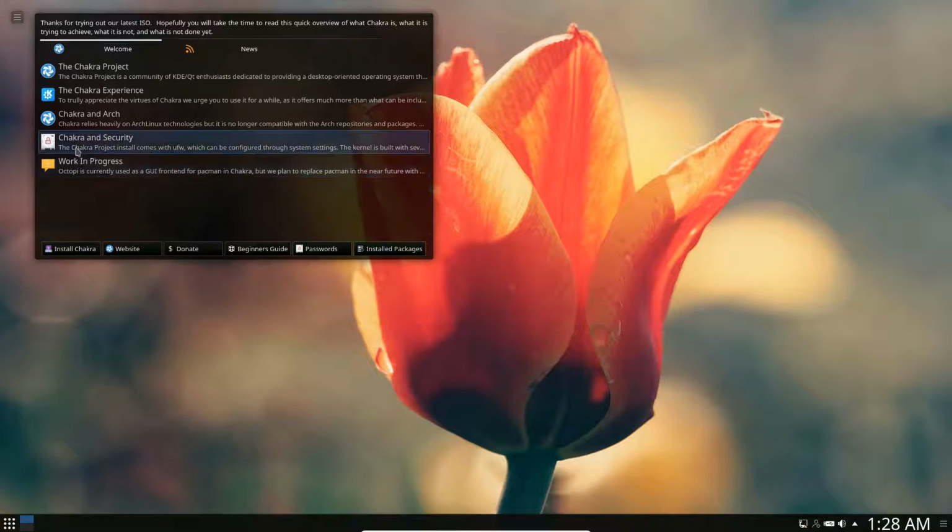When it comes to security, Chakra Project install comes with UFW, which can be configured through the system settings. As well, the kernel has built-in options which are security based. Octopi is currently used as the GUI front end for Pacman in Chakra. Once again, while they do use Pacman, they do not use the Arch repositories or packages, but they plan to replace it in the near future. I guess when you're a fork, you want to get as far away from the original as you can,